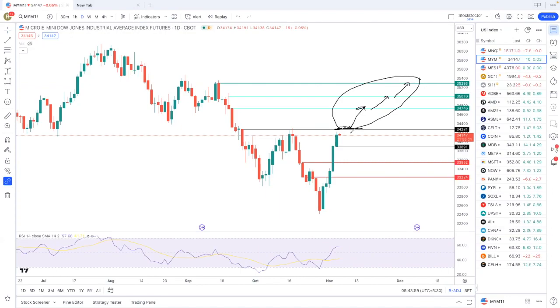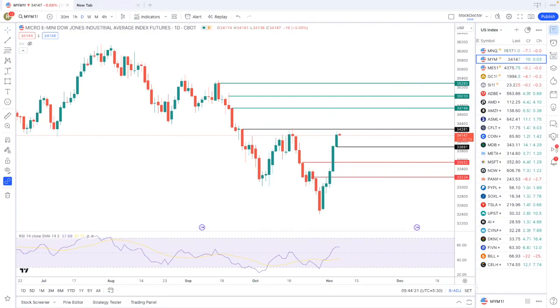Now, if it doesn't start trading above 34,300, which is this level, then there is a probability that after this big upside, it can take a pause, do a time correction, and then again start going up. Now, when will be the downside? If we start trading below 33,900, which is this line, then there is a probability of going towards 33,550 and 33,200. So this was about Dow Jones.